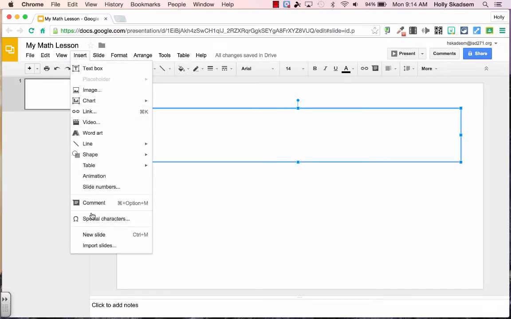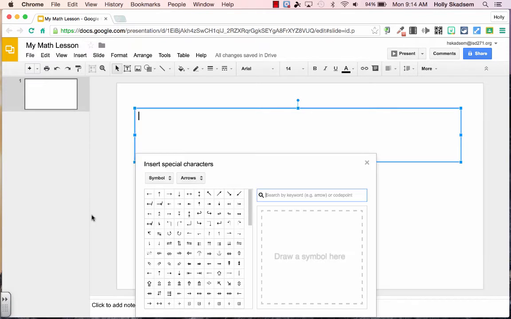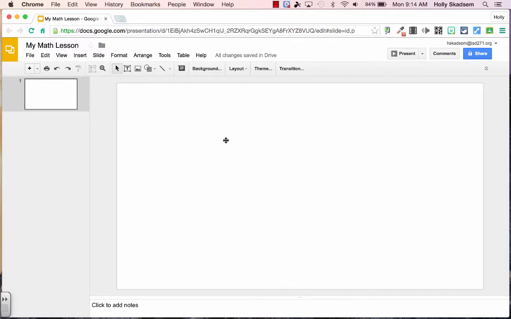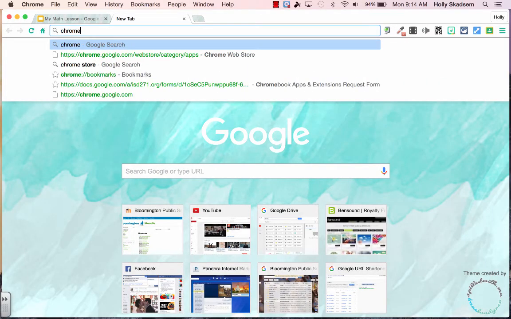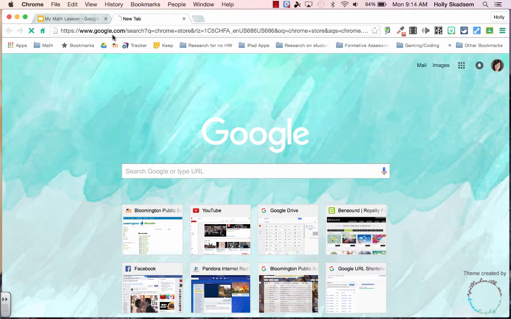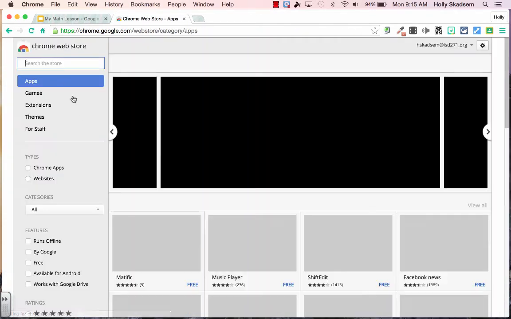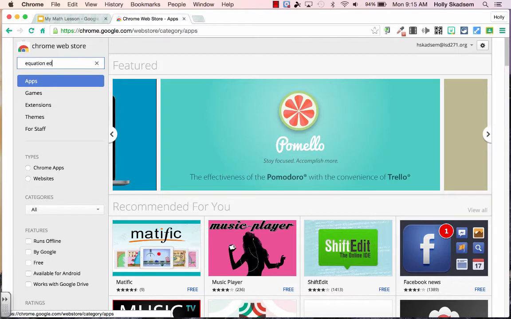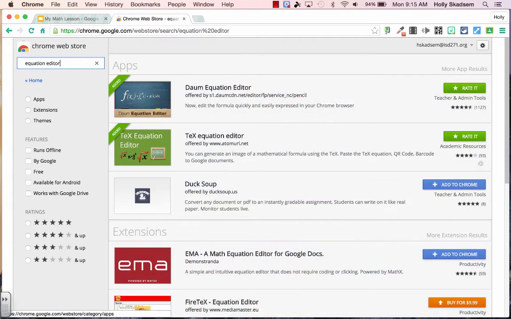So I can insert special characters and search for different math symbols to make equations, but that is very time consuming and not ideal. So something that you may want to consider as far as making math lessons in Google Slides is going to the Chrome store and getting an equation editor app. So if you just search Chrome Store and equation editor, they have a couple different options, but the one that has the best reviews is this first one,